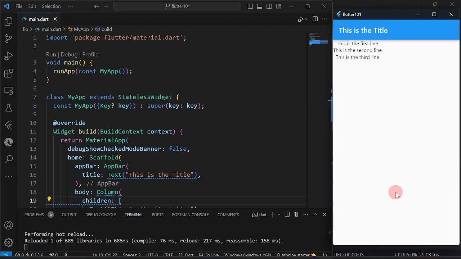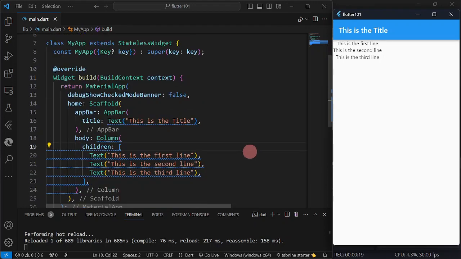Okay, welcome back to our Flutter tutorial, and in today's video we are going to go deeper on the different properties of the scaffold. And particularly in this video I'm going to discuss more properties of the AppBar. Okay, but before I start editing this code here, what we are going to do is